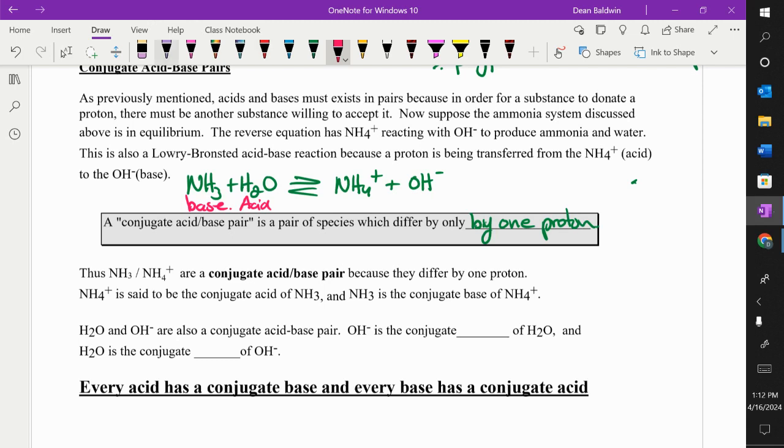So this is the acid in the reverse. I'll put R there just so we know it's reversed. You wouldn't normally write that, and this is the base in the reverse. Okay, so then we can say that NH3 and NH4 plus are an acid-base pair, or a base-acid pair, I guess. Okay,